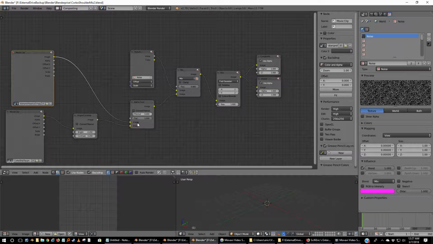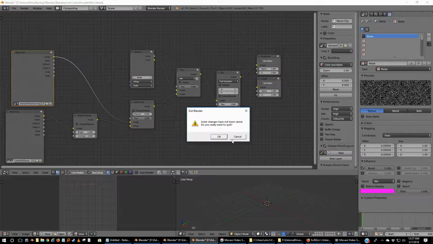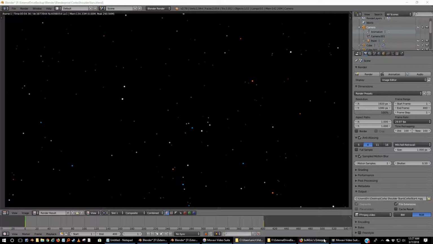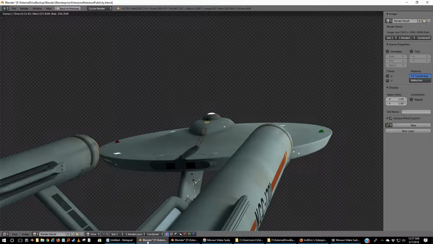Oh, this might be an earlier one where I just did the Enterprise and the stars. I took the resulting animation and then I added the Corbomite ship, Balok's ship, on top of that. You can even see where I added in the noise, though I hadn't really intended to show that, which simulates film grain. So that whole sequence is definitely mine, and it is mainly comprised of this background and this